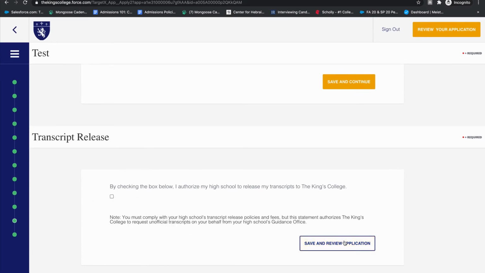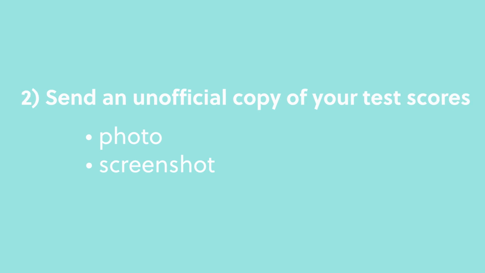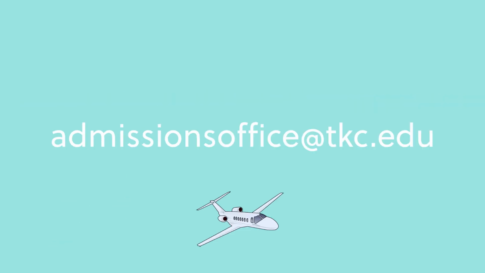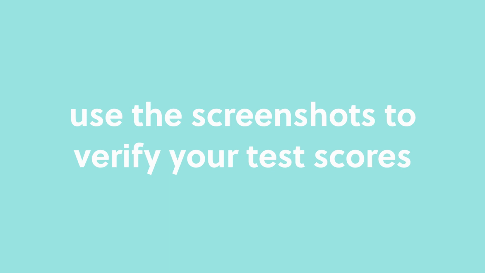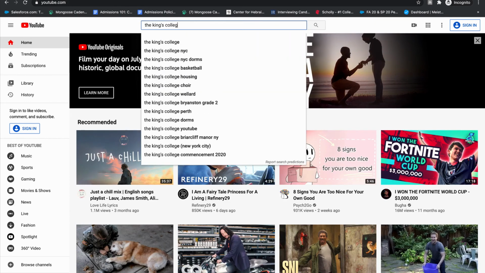Once you finish your application, there are two things you're going to want to do. You're going to send us an unofficial copy of your transcript. That could be a photo, that could be a screenshot. Just make sure that your name is completely visible on it. Same thing for your test scores. And then you're going to send that to the admissions office at tkc.edu. We're just going to use those to verify the self-reported scores that you put on your application. So that's also super important. Just make sure that your name is completely visible. If you are a transfer and you've completed 24 or more credits, then we do not need your test scores. And now that you know everything, we're going to go ahead and jump to YouTube